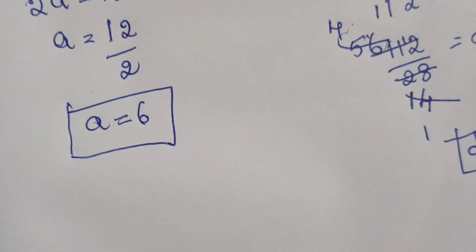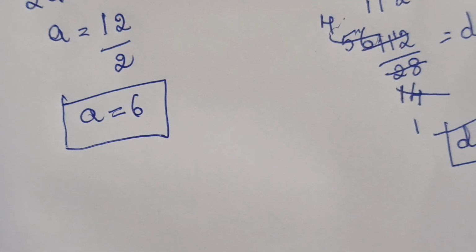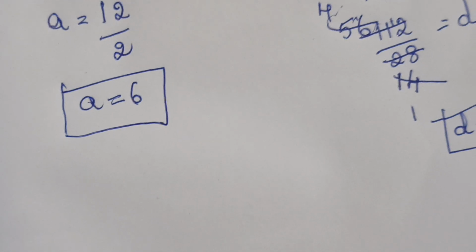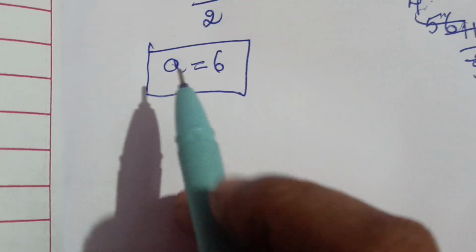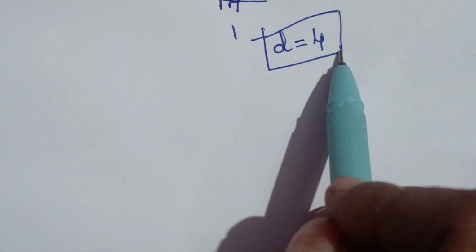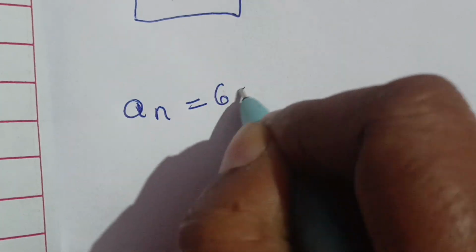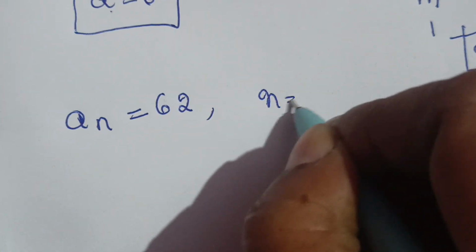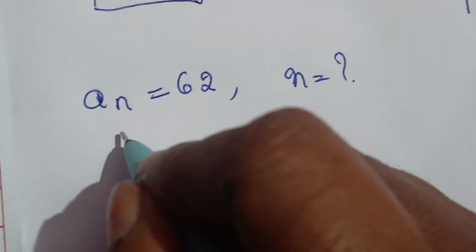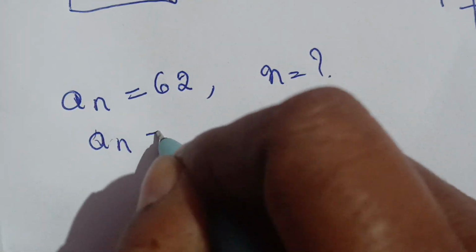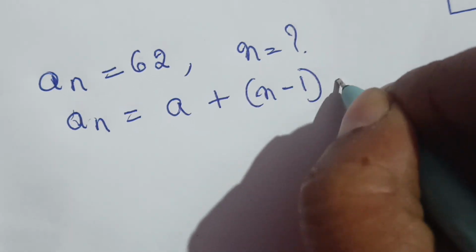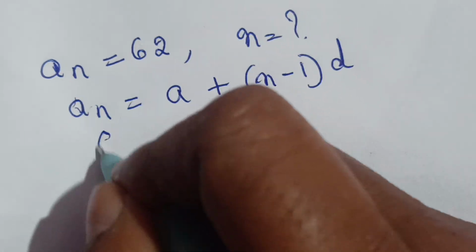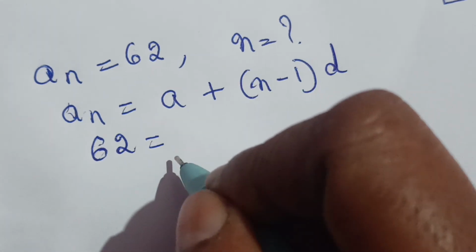Okay, we'll go to the next part of the question. They have asked which term is 62. Which term of the AP will be 62? So you know a, you know d. Now, which term is 62 means we take an as 62. You have to find n. So we go to the nth term formula: an is equal to a plus (n minus 1) d. So 62 is equal to,